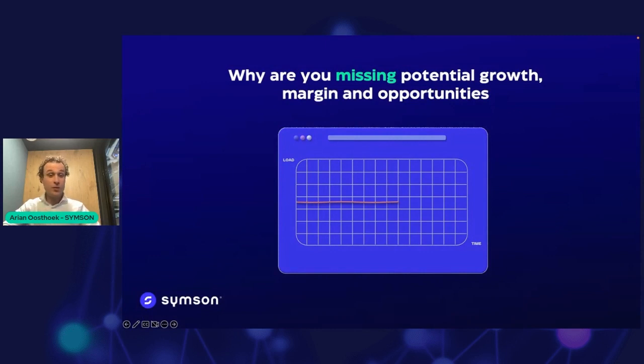So the title of this webinar was Why You're Missing Potential with markup pricing and Excel-based pricing. And in the market right now, we see that a lot of companies are still using that. And if you're using your ERP or if you're using Excels and spreadsheets, these tools are very static, which means that if your prices or your cost prices don't change, a lot of these prices stay the same over a certain period.